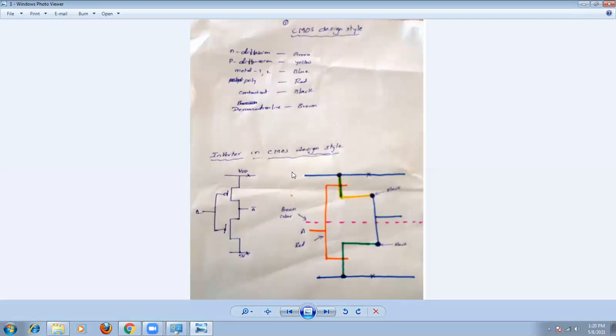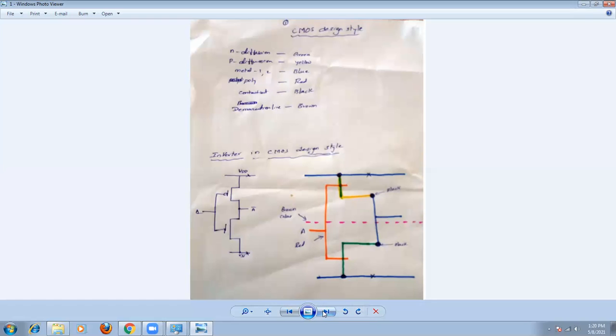Now about the inverter structure. There is the inverter stick diagram, and you can take the output from here. Join these two together by a blue color and take the output from here. Remember, you can use either polysilicon or diffusion or any layer to get the output. If you use the metal line directly, no need of any contact. Similarly, contacts are already there here. From this point, we can use either polysilicon or diffusion to make an output. You can follow any method in this case. That is about the inverter in the CMOS design style.